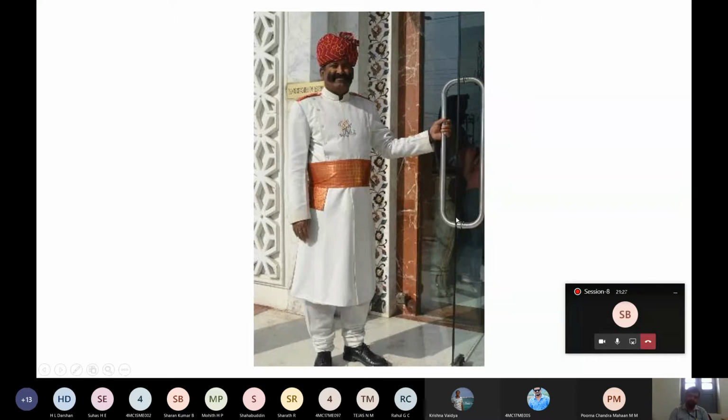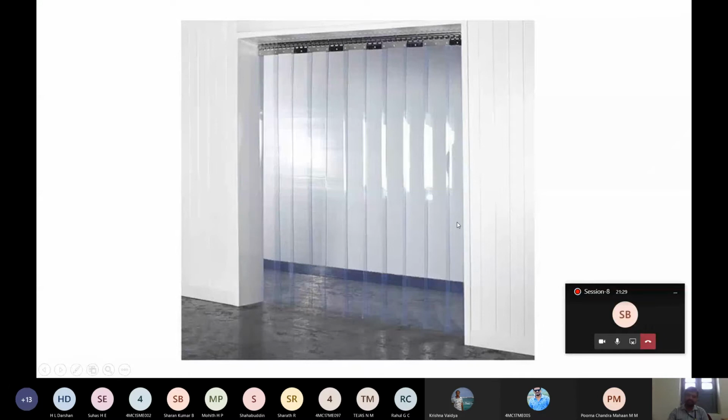Next, there is another possible solution. You can also think about using fabric curtains, without putting more pressure or load. Passengers can enter through these curtains and they will open. If it is a curtain, it is not a rigid structure, so even though they are carrying a load or have luggage in both hands, they can pass through the curtain. This is another possible solution.